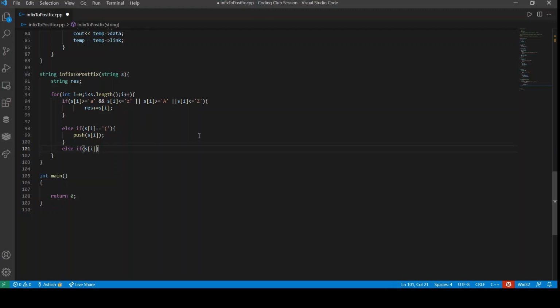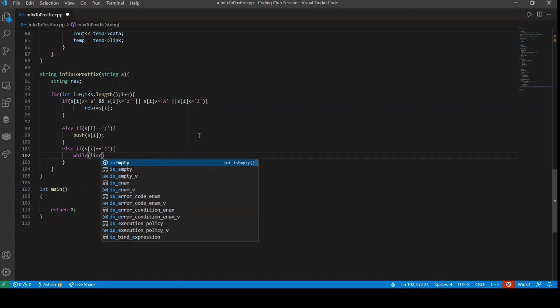Else if s of i is equal to closing bracket, then we have to pop while the stack is not empty, or simply till we get the opening bracket at the top of the stack. So we'll call the is empty method.